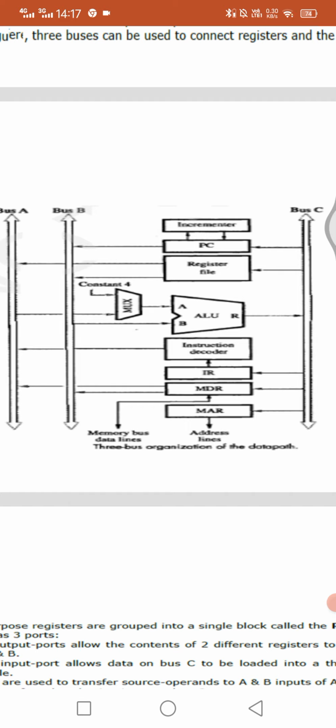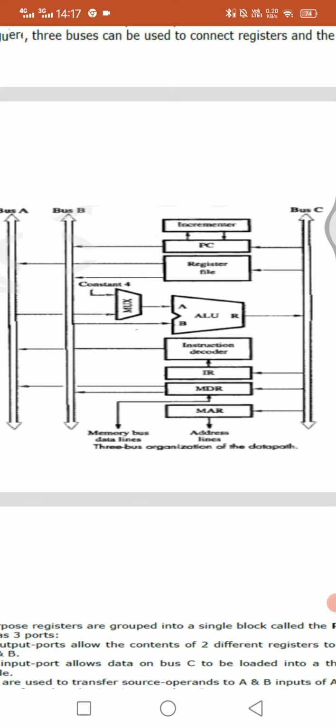That means in the same clock cycle we operate three ports at a time.